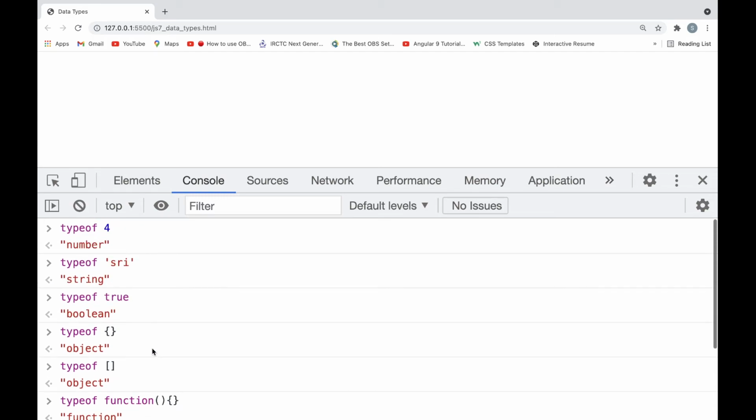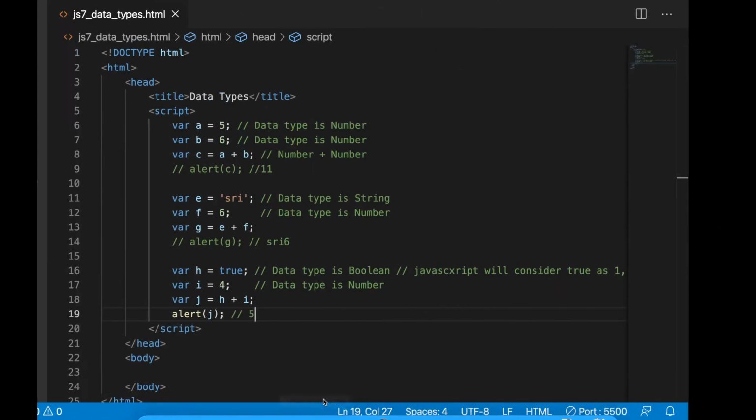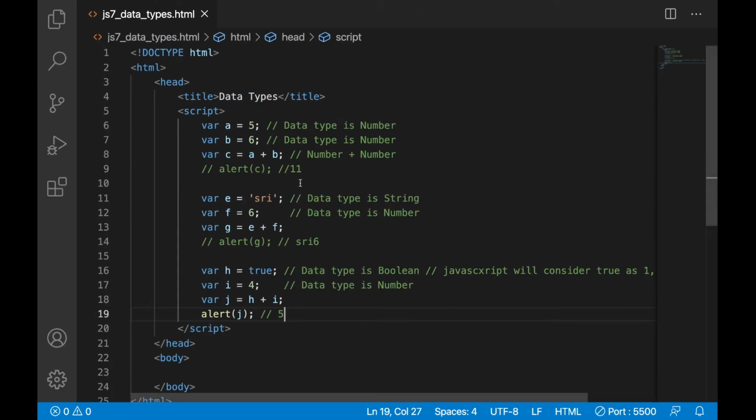So these are the data types. Using this typeof operator, we can identify the data type. Why do we need to find whether it is a number, string, and so on? Because this can help while adding or subtracting anything. But mostly based on the value we can identify easily. This is a number.